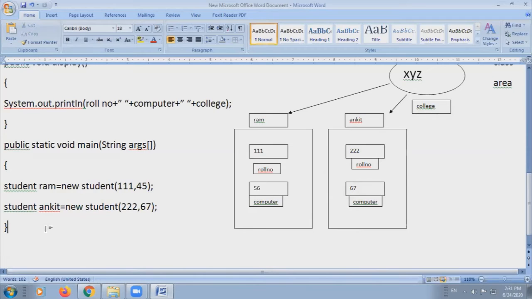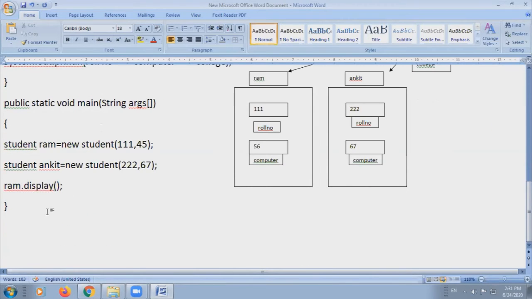Now, when I call this function, as you know, whenever you call the function with the help of the object, suppose I'm calling the display function with the object Ram, so it will display the properties of which object? Ram object. So what will be displayed?